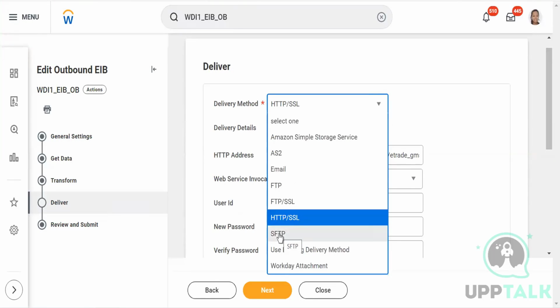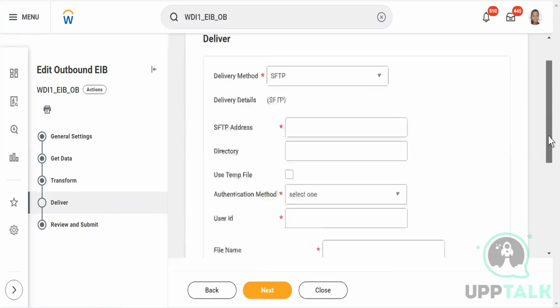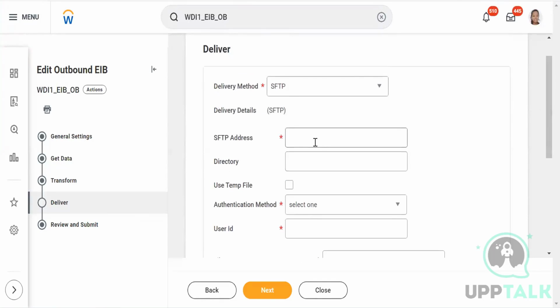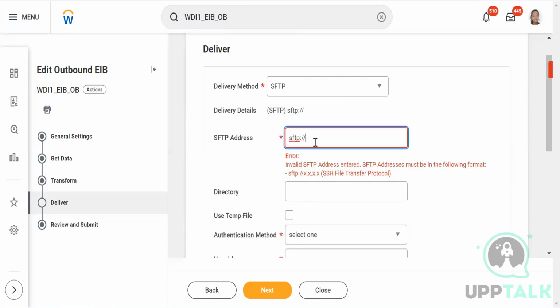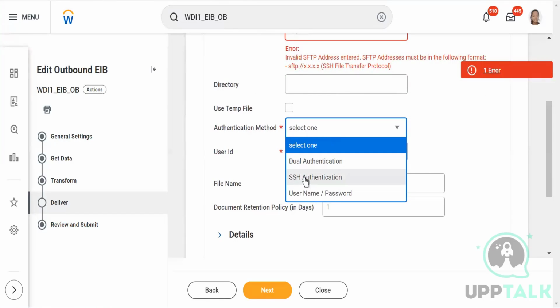Then comes SFTP. SFTP and FTP are almost the same, but the difference is the authentication method. Here also you will see the address is put in such a way, like SFTP, and then you have the IP addresses and everything like this. So here you see SFTP colon. This is how exactly it works. And then you have the authentication method. There are two ways: